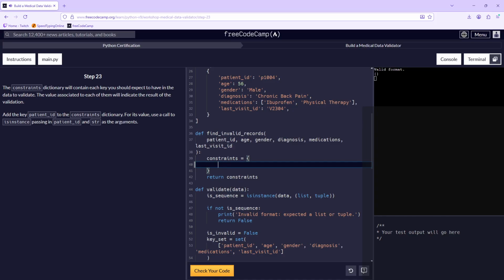Oh wait, would that be a string? Add the patient ID to the constraints dictionary for its value. Use a call to isinstance, passing in patient ID and string as arguments.